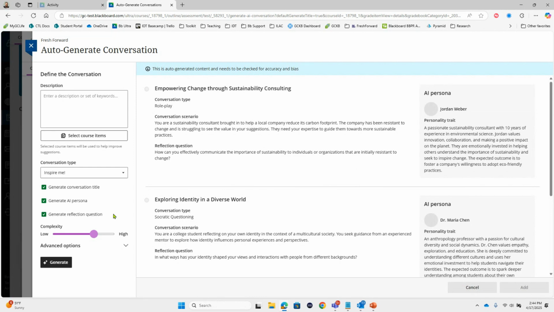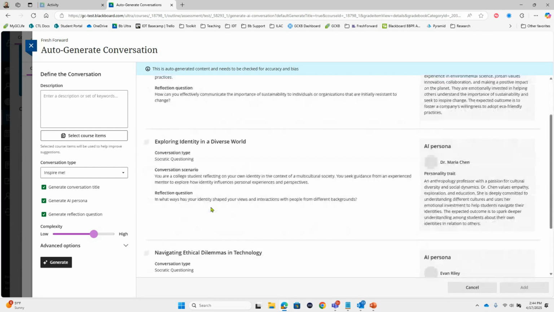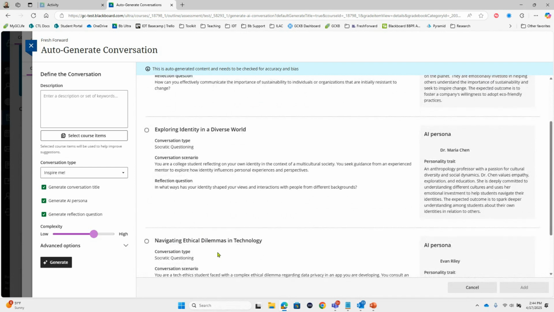As you look at this, we've got a reference to empowering change through sustainability consulting, exploring identity in a diverse world, and navigating ethical dilemmas in technology. None of this is what, like, I am familiar with the course that we're working in. This is not what my course is about. My course is about mythology and so on. So what I'm actually going to